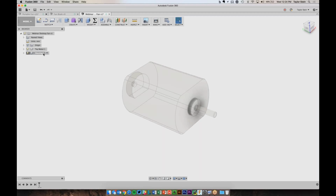And it automatically activates the housing. So now any features that I do will be for the housing. And you'll notice a few things. First, the motor is grayed out because I'm telling the software I just want to work on the housing. If I wanted to work on the motor, I can hover over the motor and check the box here,